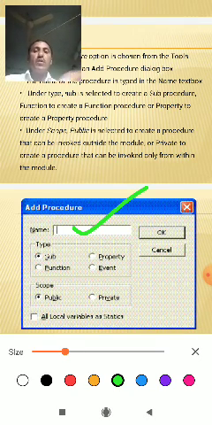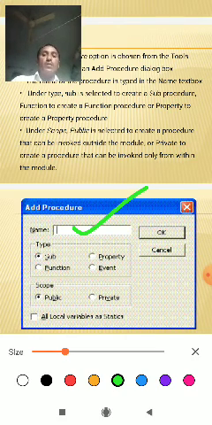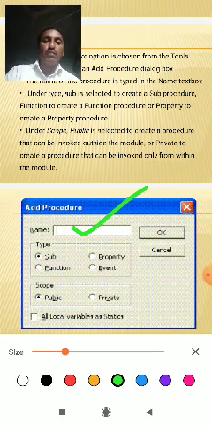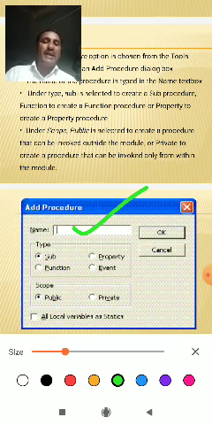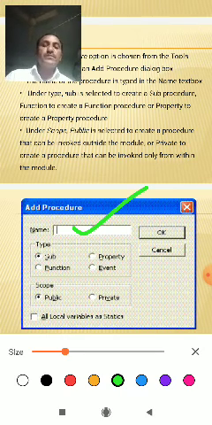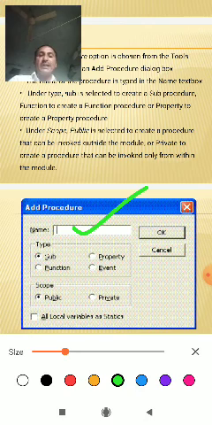Then we take events, a particular name or address, or a phone number or mail ID, or whatever it may be, in the Add Procedure. Then we give public or private for the property.